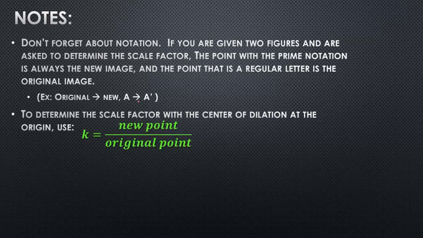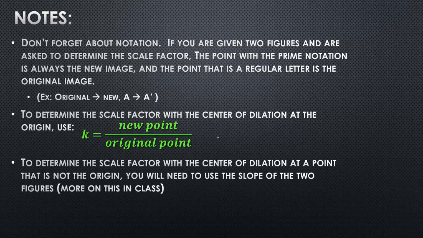If you're asked to determine the scale factor, when the center of dilation is at the origin, that's pretty easy. You just do new point over the original point. Remember, if it's less than 1, it's a reduction. If it's greater than 1, it's an enlargement. To determine the scale factor with the center of dilation at a point that is not the origin, you're going to have to use the slope of the two figures to help you out with that, and I'll show you that in class. We'll do a couple of problems like that to make sure that you're